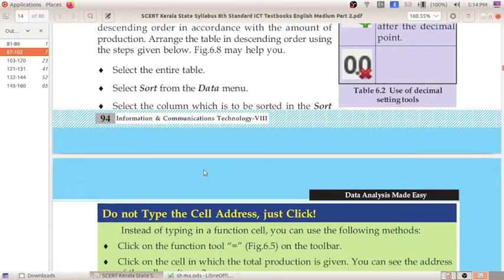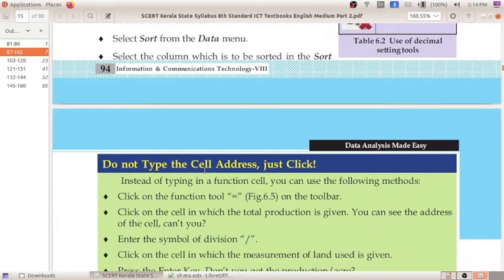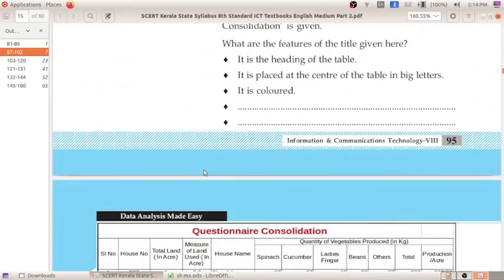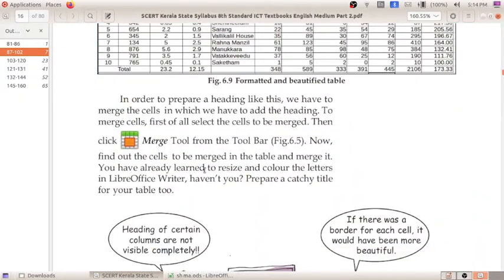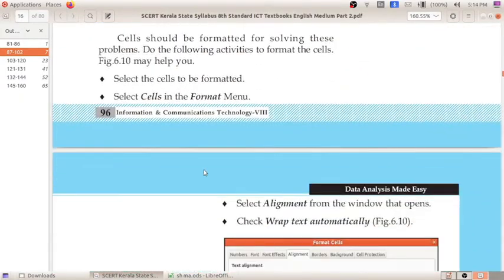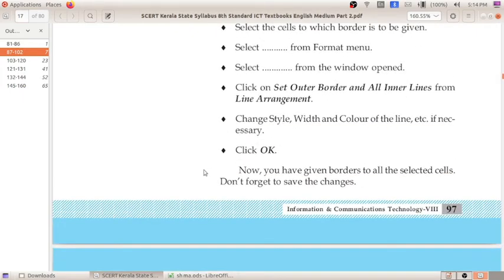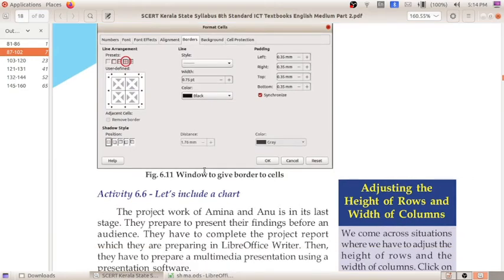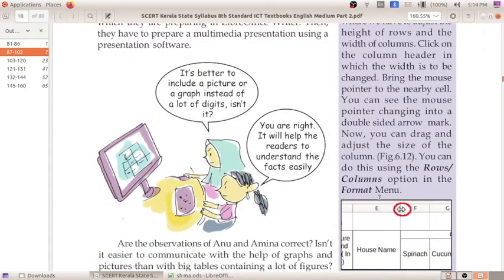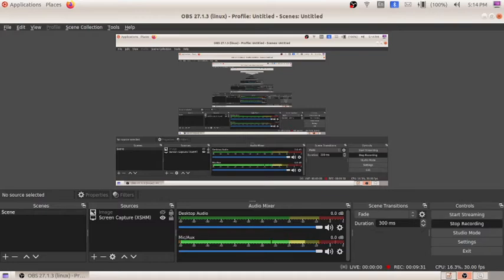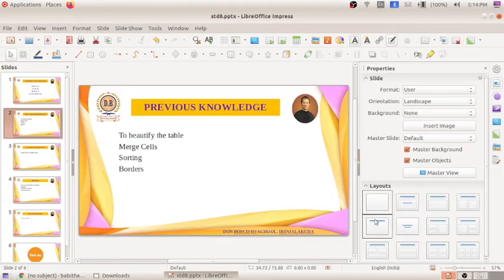Next we have found out the sorting, how to sort the data in descending or ascending order, then how to merge the cells from merge tool, and we have done about the alignment, how to set borders. Okay, how to make it in central position. At last we have done the activity of including the chart. So I hope it is clear to all of you. So with this much our whole chapter is completed.